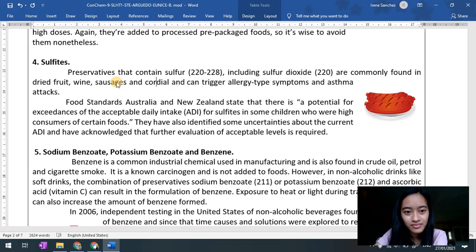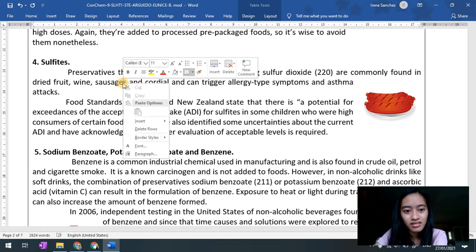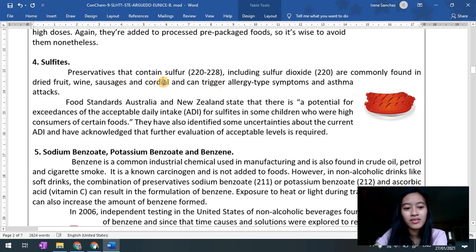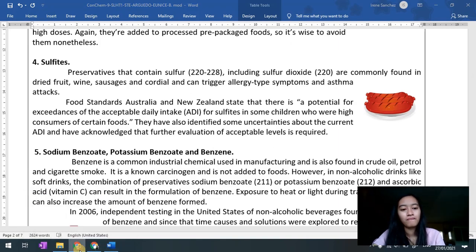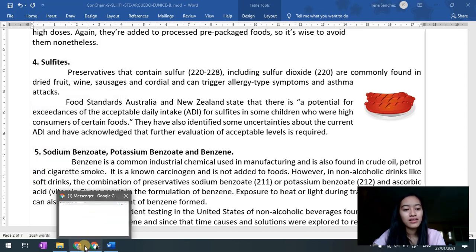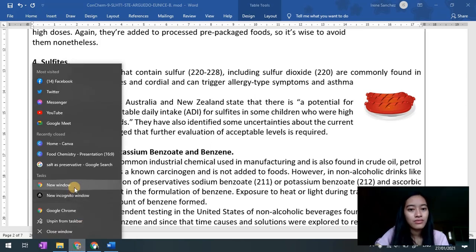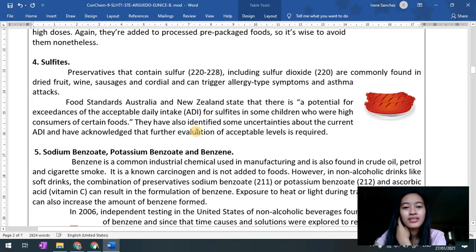What is cordial? Maybe we can search it. Let's have a new window. Is cordial a food? We'll search later. So these sulfites are added mostly in dried fruits, wine, sausages, and cordial, and trigger allergy-type